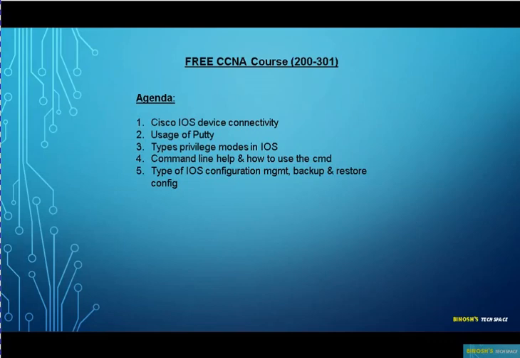Let's start. We will cover the initial connection with the Cisco iOS device first, that is router, switches, firewall, by using either console or we can use secure shell, that is called SSH. So by default, Cisco devices will store the username and password in the device itself. In an enterprise world, we can use AAA server, which is a central database which keeps all the username and password for the devices associated with it.